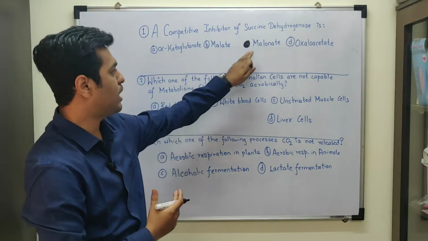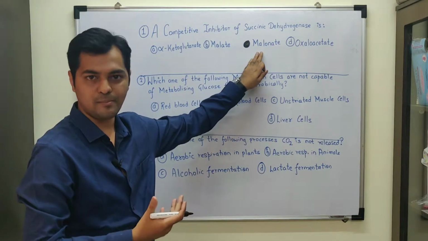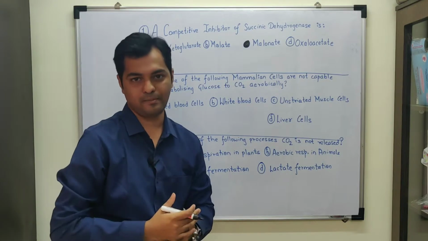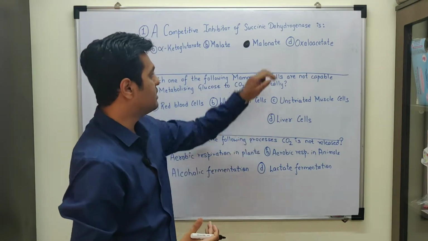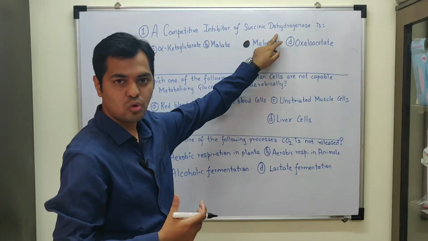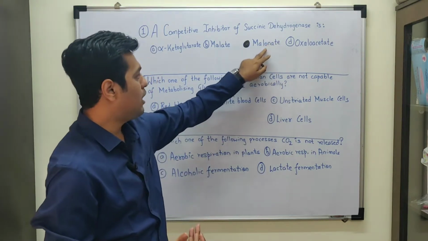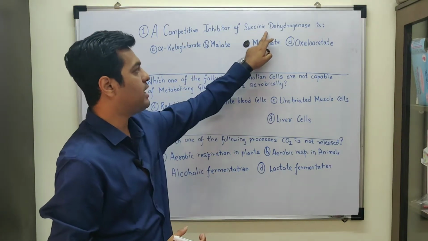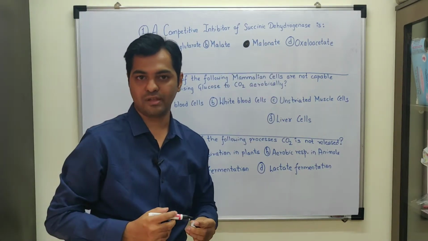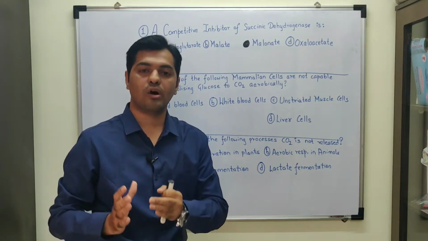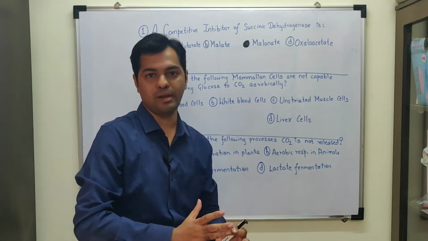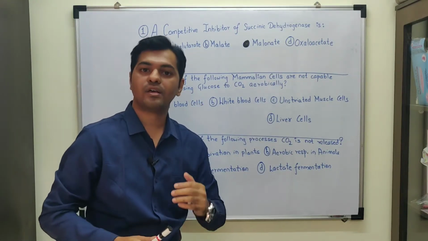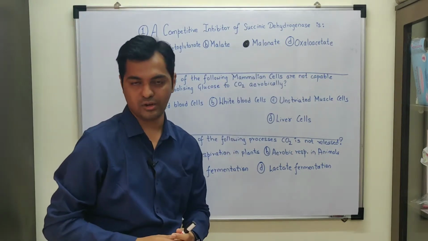Malate is malic acid, whereas malonate is an ester which forms malonic acid. Now this is considered as a substrate analog of succinate, and succinate is metabolized by the enzyme succinic dehydrogenase. So in this metabolism, malonate acts as a competitive reversible inhibitor and it shuts off the activity of this enzyme succinic dehydrogenase. And when it shuts off the activity, it does not allow the conversion of succinate into fumarate. Hence, malonate is a substrate analog inhibitor and it is reversibly binding with this enzyme succinic dehydrogenase.